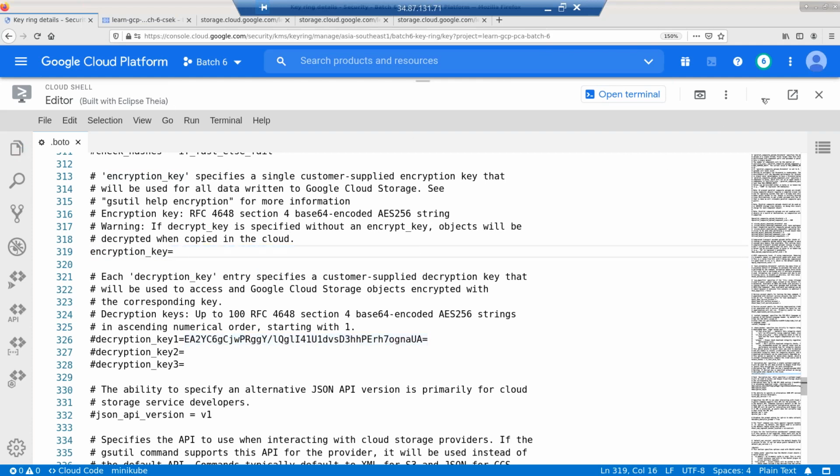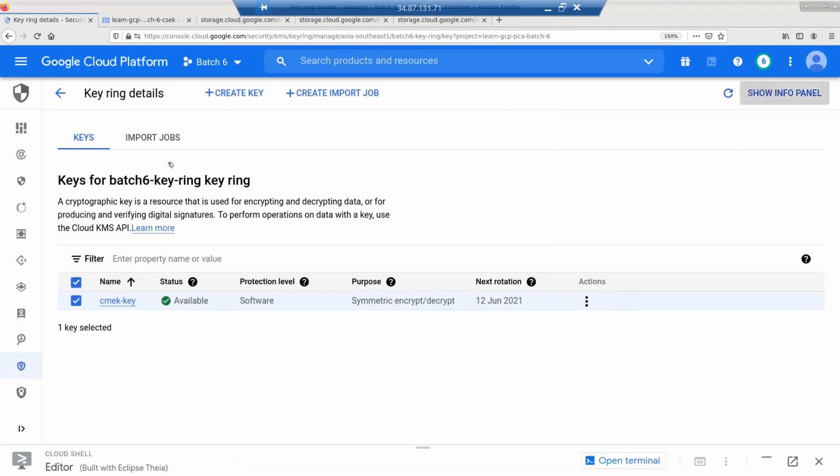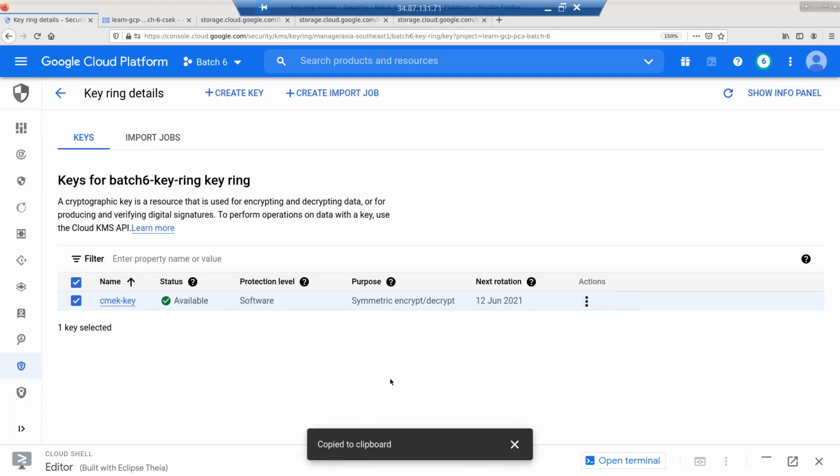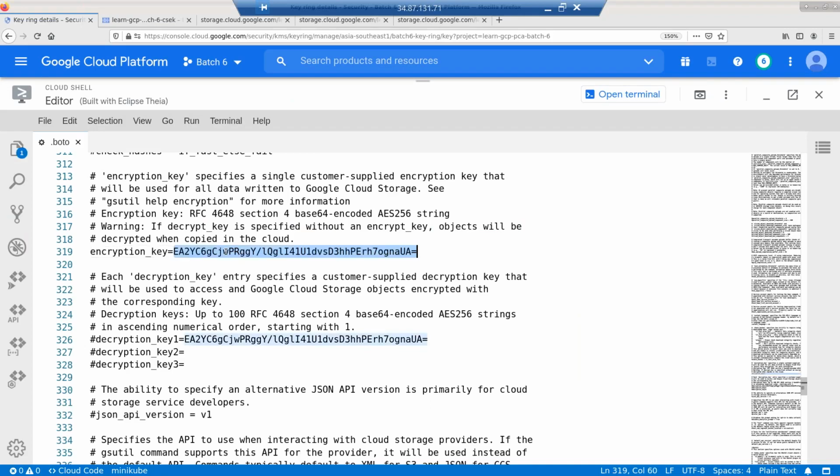Now what I'll do is go to my key, copy the resource name. I can mention it like this. Let me first do this one. So just to show you the difference. So you can pass your key directly, which is your customer supplied key. The second option is basically